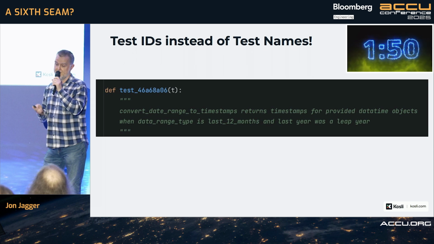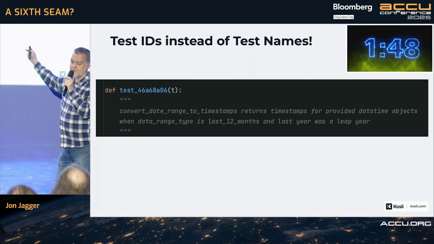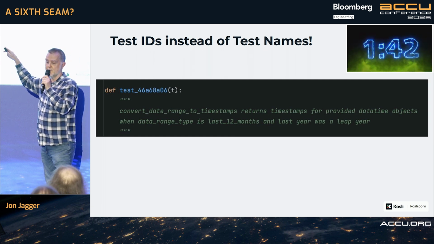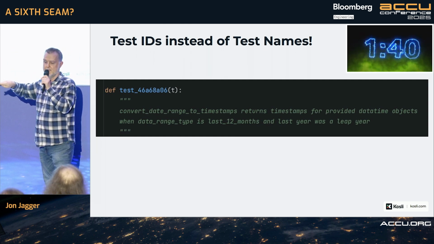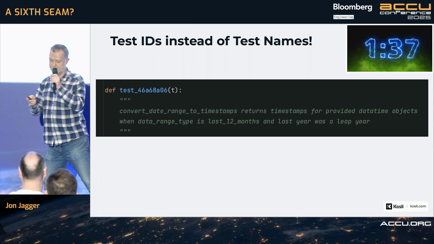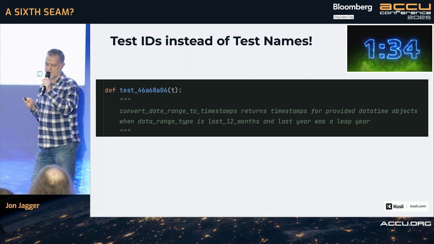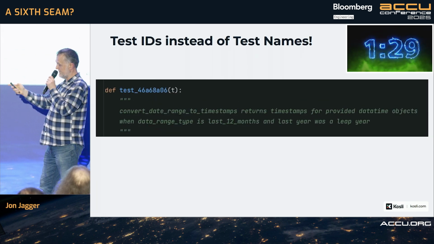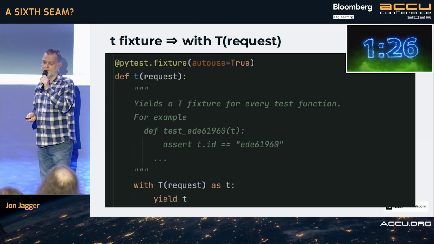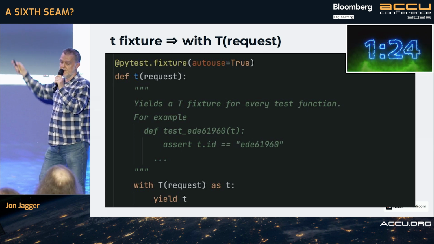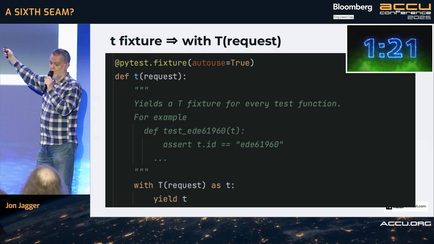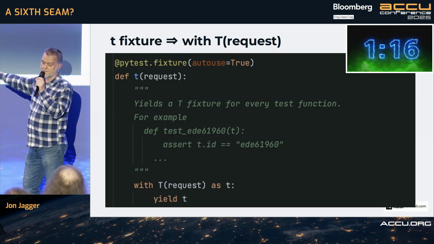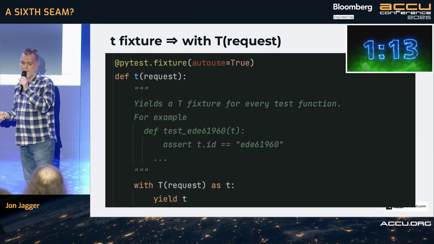This is how it works in Python. We're actually doing this at Kosli. So we don't give our tests proper names, if you like. We give them IDs. And we use doc strings for what previously people put inside the long names of the tests. There's a reason for that, which we won't go into in this talk, because that's a different talk. But the important thing is that you get a T as the argument. That's called a fixture. The implementation of that looks like this. It auto runs because it's got autouse equals true, so you get one whether you ask for one or not. That's important. And we yield the T object that we created in the with statement, and that's also important because it gives you our API.